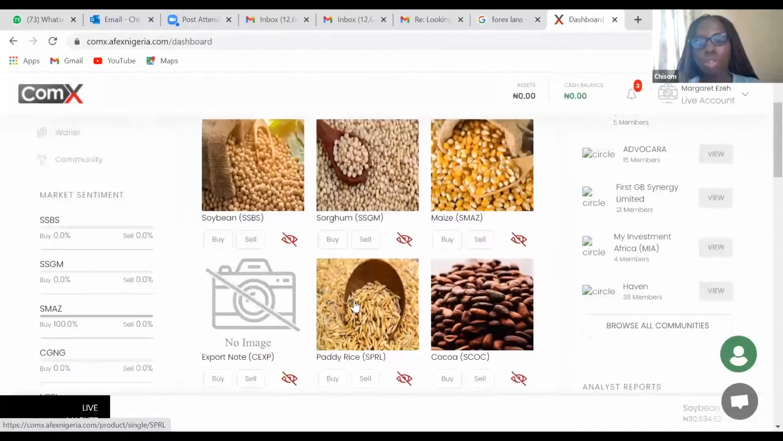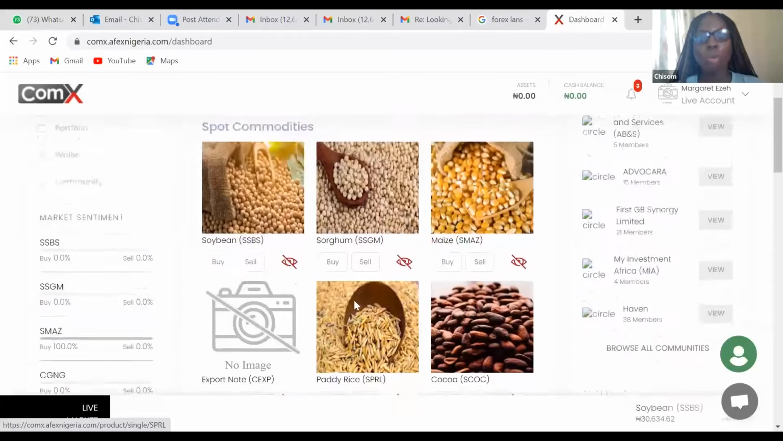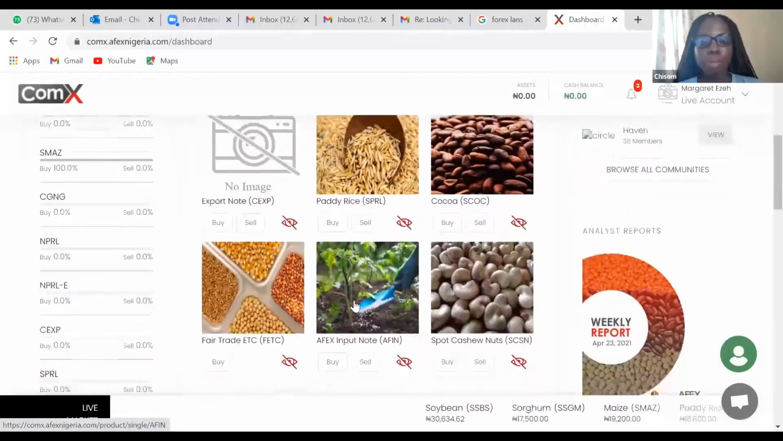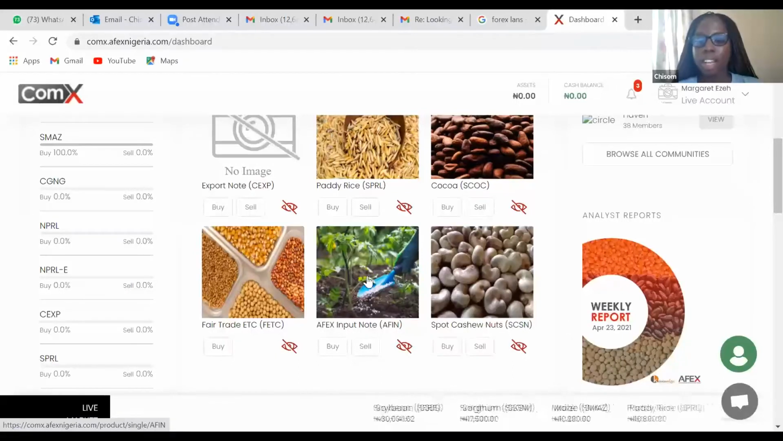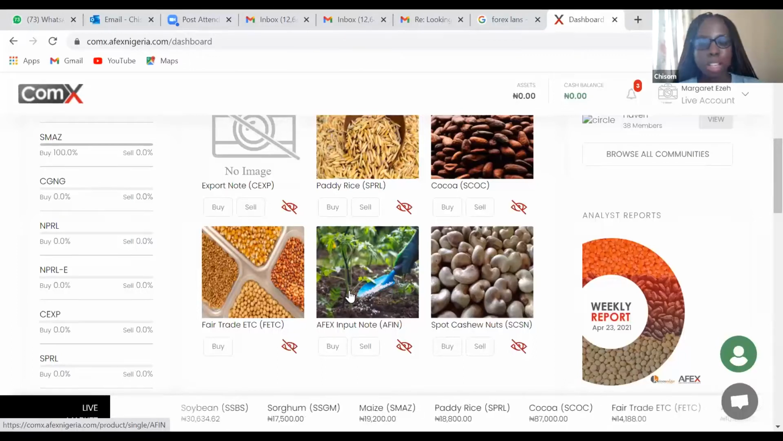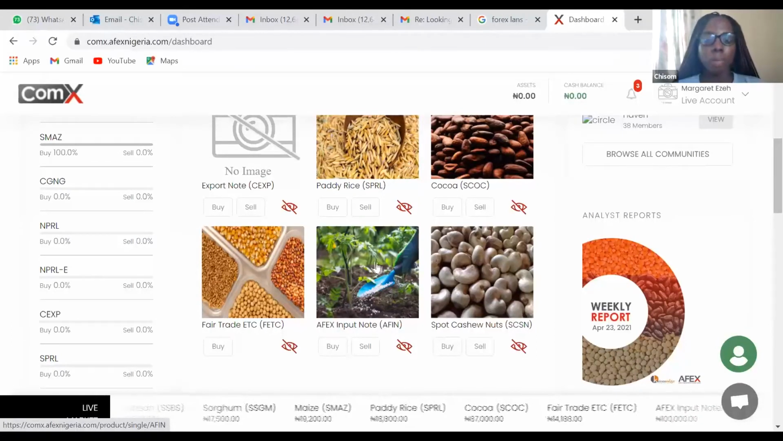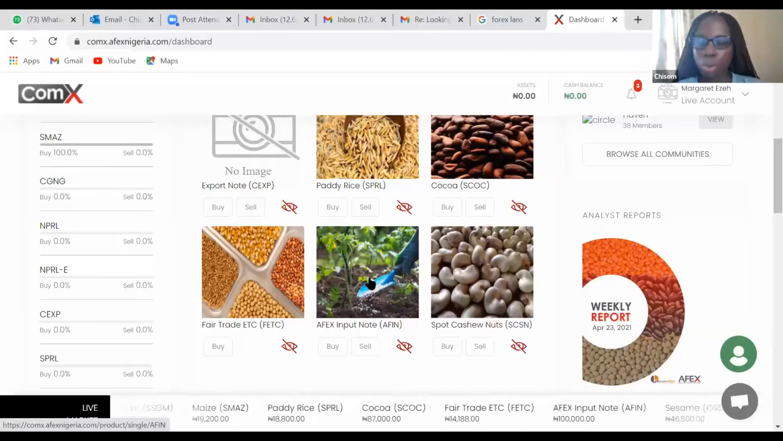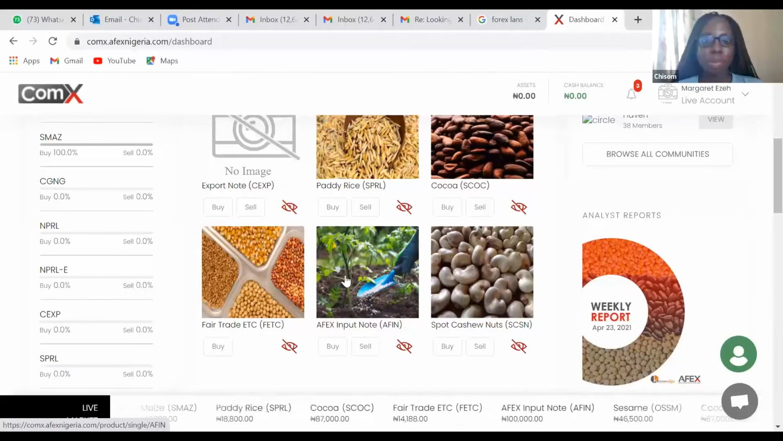So almost all the products I just mentioned now are spot commodities. And spot commodities are commodities that you can trade like you're trading stocks. So meaning you buy low and you intend to sell high. That's just the meaning. However, the FX input note here, AFIN, is actually fixed. So it has a fixed duration, a maturity date and a fixed interest. So our previous FX input note, that's the AFIN, the interest rate was 10% for 6 months. So if you invested in AFIN, you'll be expecting your